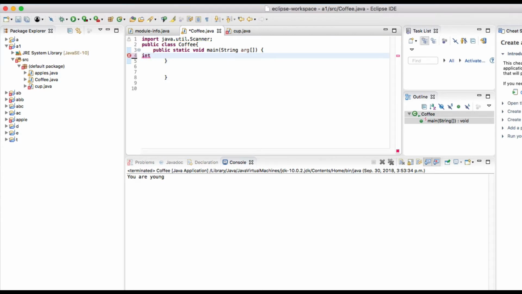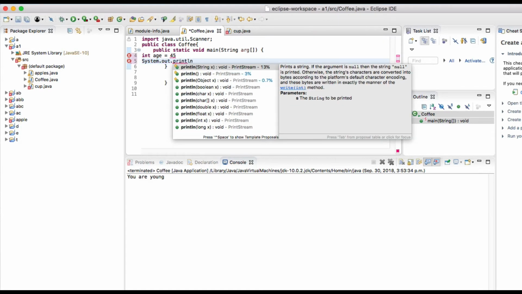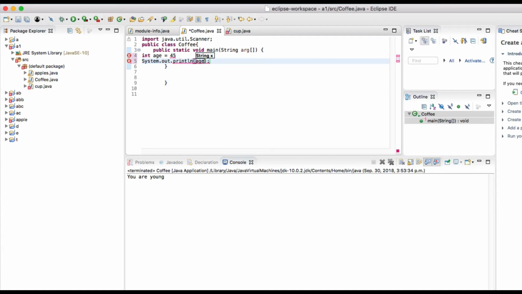I put int age, and let's say the age is equal to 45, and the conditional statement will look like this. First we will have System.out.println, and then age is greater than 50